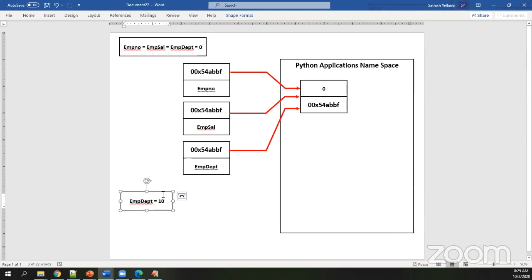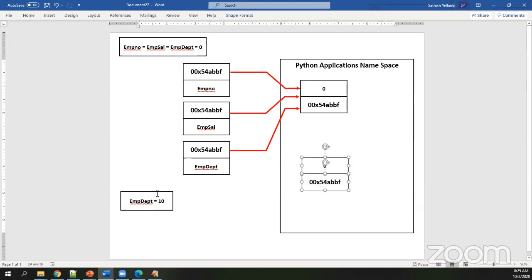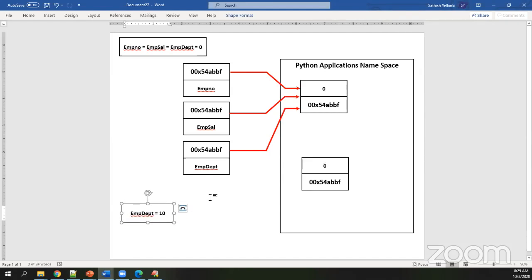Because this variable is individually changing, immediately once this change takes place and the variable is independently changing, it goes for allocation.